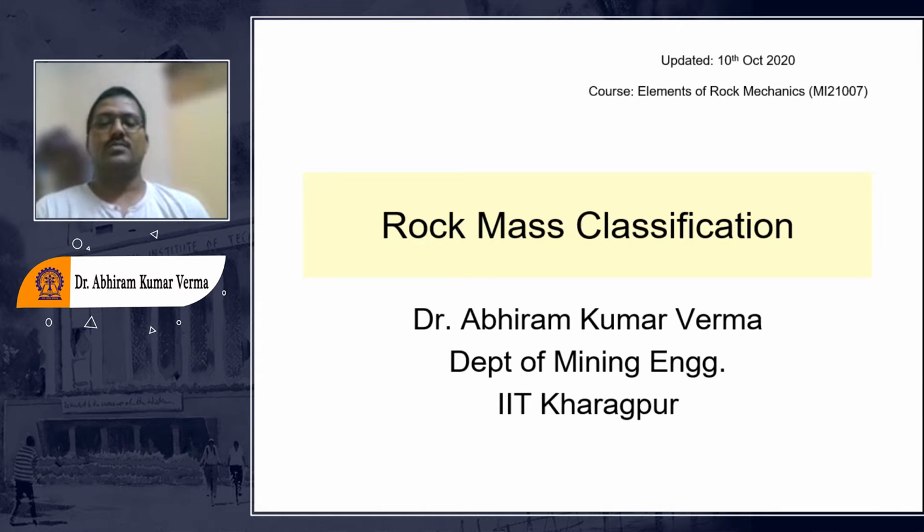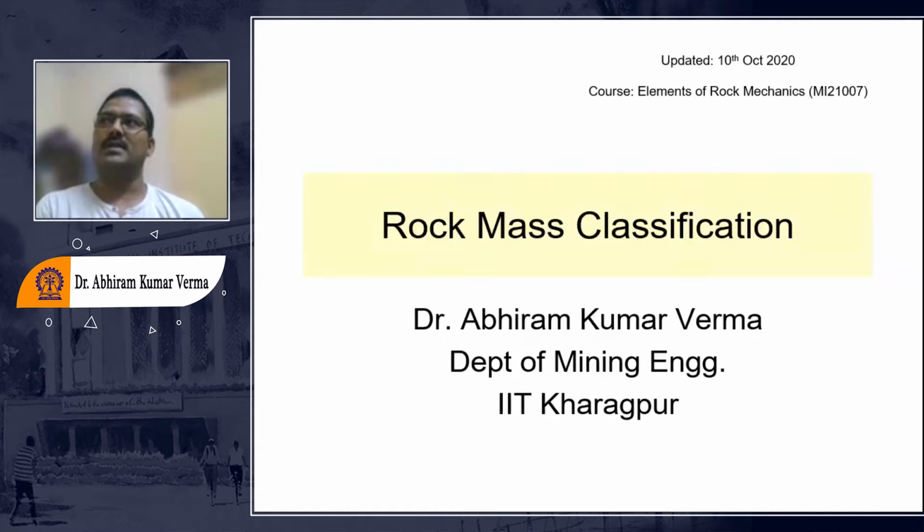So the prime motive of this classification is to generate a communication system between two people, and these two people can be researchers in the same field, or a researcher and some geologist, or a geologist and a design engineer. So if a person from a mine is communicating to me that this underground mine has a good quality of rock, or maybe a very excellent quality of rock, then I can easily